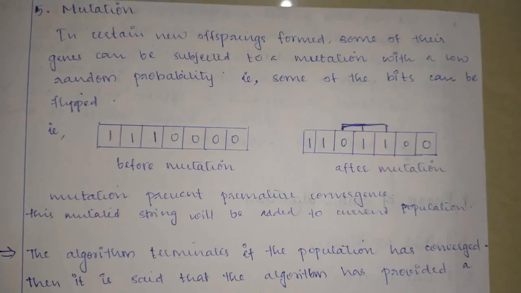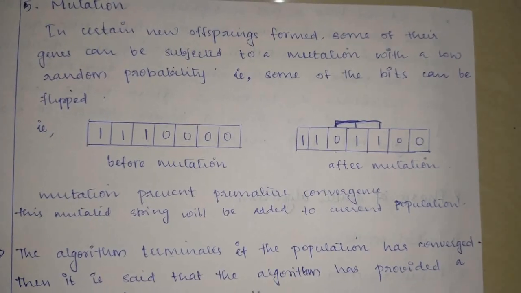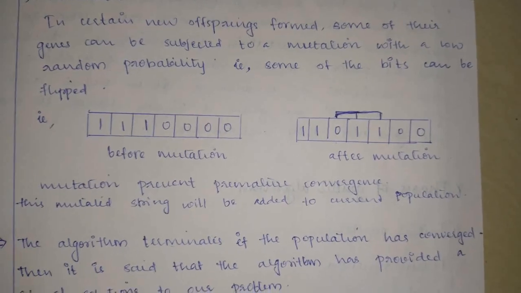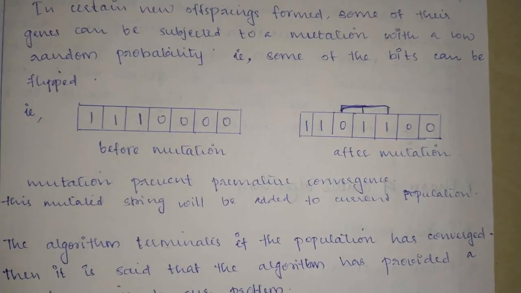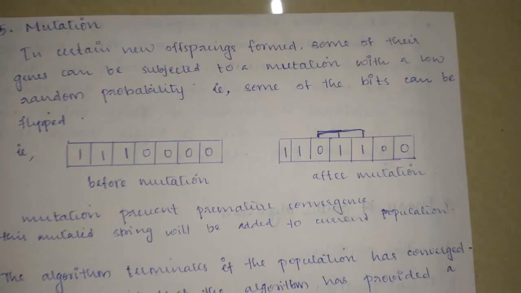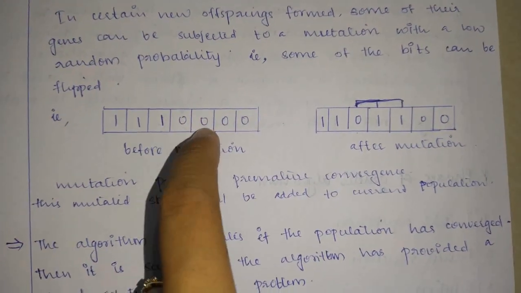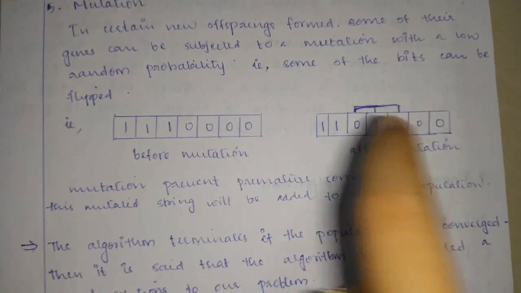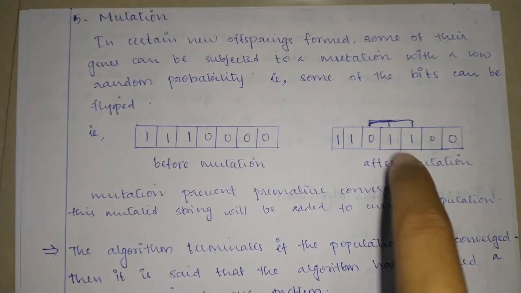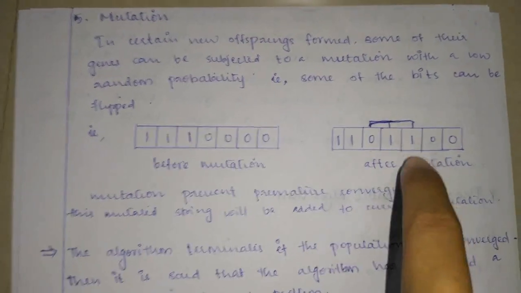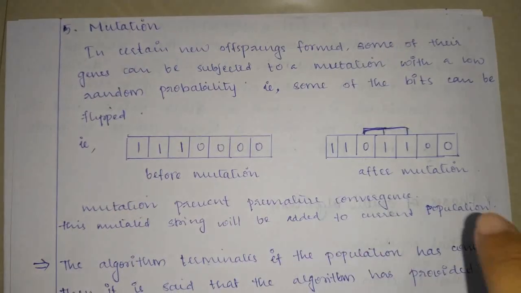Finally, we have the mutation phase. In the mutation phase, in certain newly formed offspring, some of their genes can be flipped. Flipped means interchanged. Here, before mutation, we have the string 1, 1, 1, 0, 0, 0. And after mutation, these values are interchanged. So here 1 is replaced by 0, 1 replaced by 0, 0 replaced by 1, and again 0 replaced by 1. So before mutation the string will be like this, and after mutation the mutated string